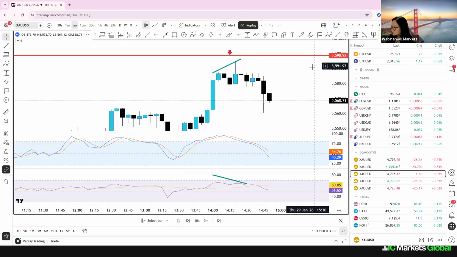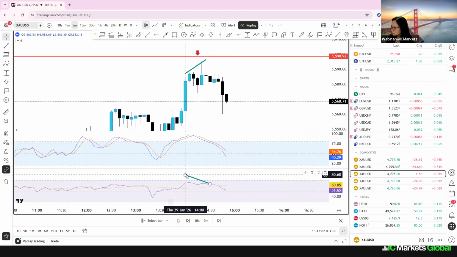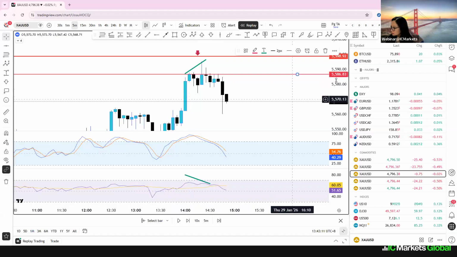This is the M5. Right? The divergence happens here. You will get the spot there, then you sell. Another one, you can also see the price had a close below 5586, where the body closed below. You see the rejection, rejection, rejection.